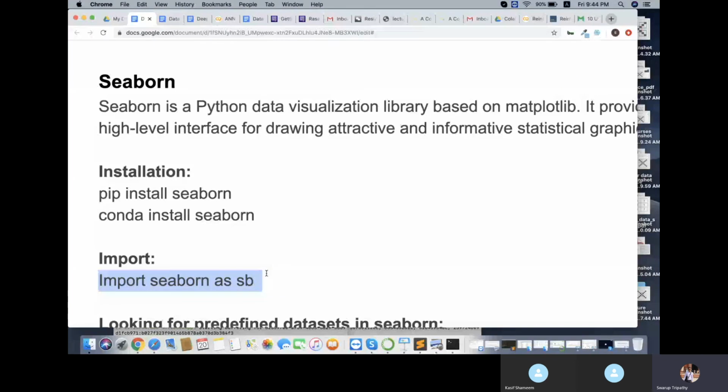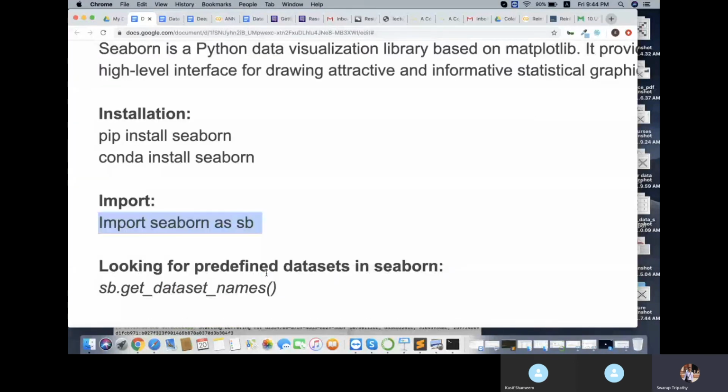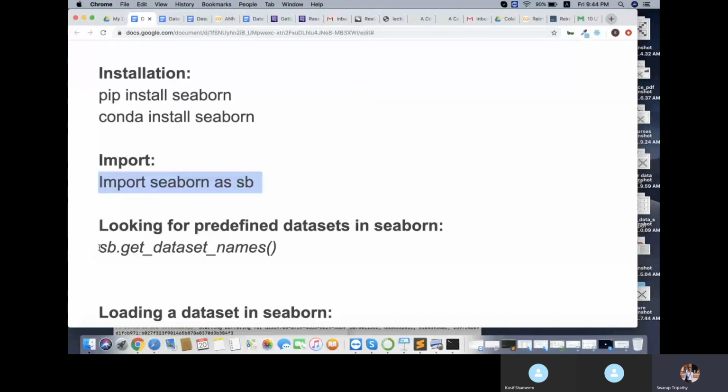To know what all real-time data sets are there, you can write this command: sb.get_dataset_names. It will connect over the internet and look in the Seaborn repository, in the Seaborn file storage system, to see what all data sets are currently there and show them to you.